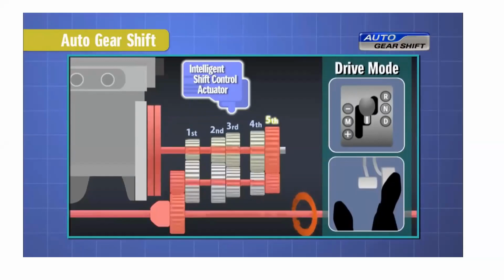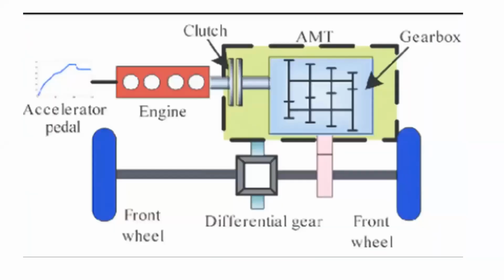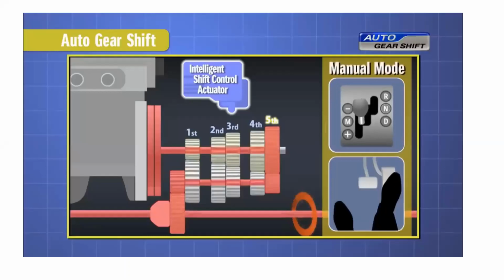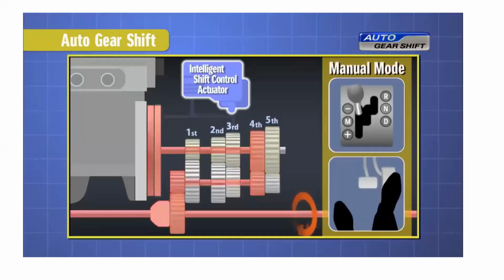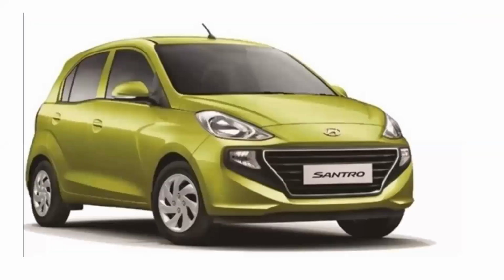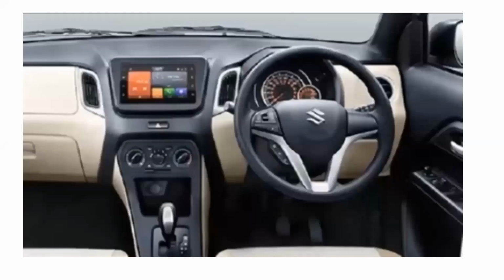This system, which is also known as the Transmission Control Unit or TCU, monitors parameters like accelerator pedal position and vehicle speed, among others, and controls the hydraulic operations, which changes the gears automatically without the driver needing to use a clutch. Some AMTs also offer a manual shift mode where the driver can change gears by using the gear shifter without having to use a clutch. Due to their cost effectiveness, it is mostly found in budget cars like the Hyundai Santro, Maruti Wagoner, Renault Kwid,